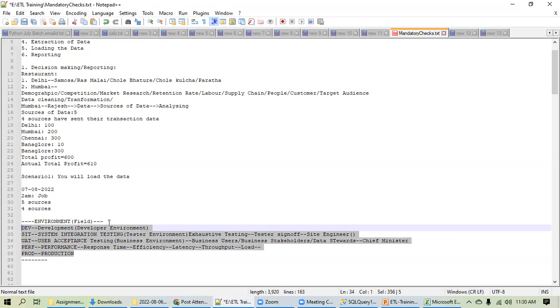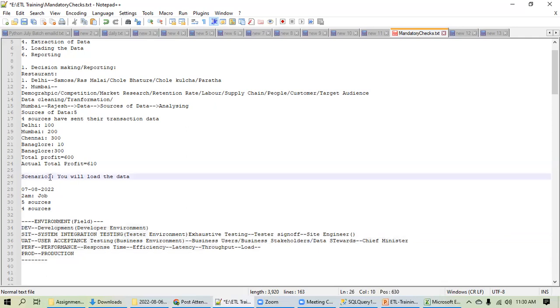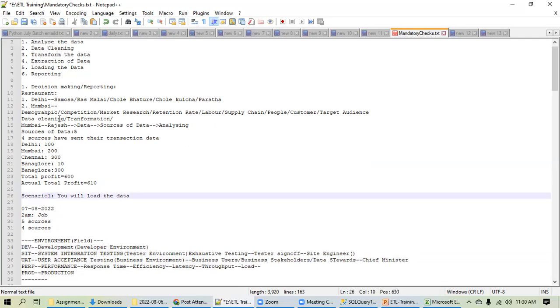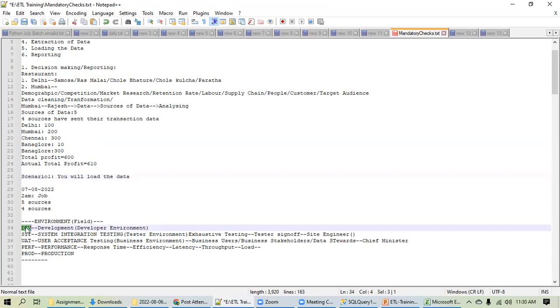Tanvir, who will run the jobs? Like, the developer will also run sometimes. Yeah, that is what you started your question with, and I went to environment, then I went somewhere else. Okay, good. In the dev environment, if you have to load data, that is the responsibility of the development team. In the SIT environment, if you have to load the data, that is the responsibility of the testers team.